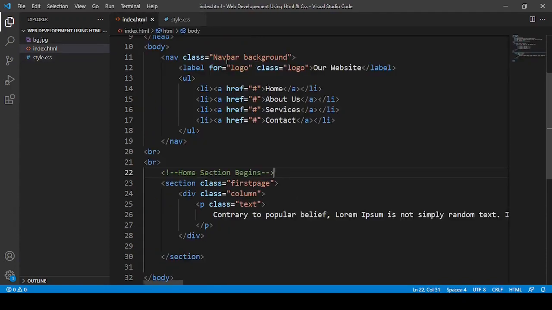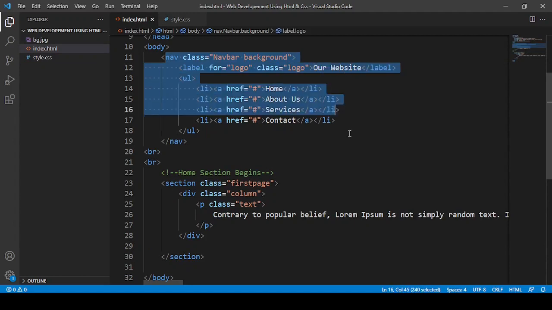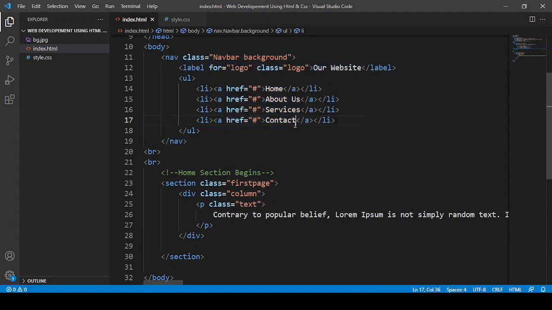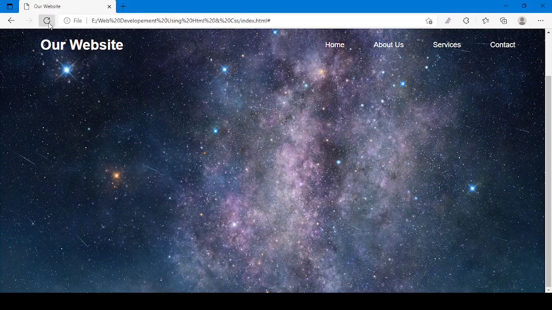So this navbar means this whole thing, and its height is 100vh.